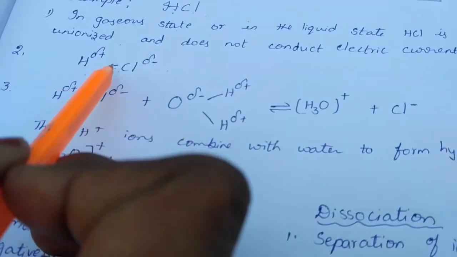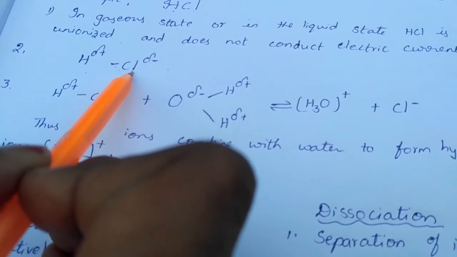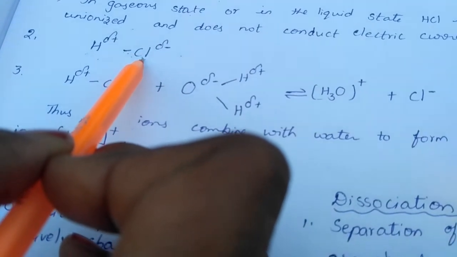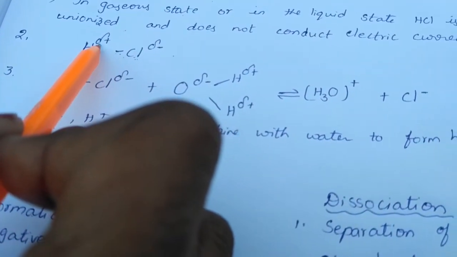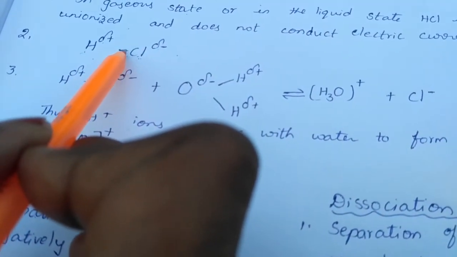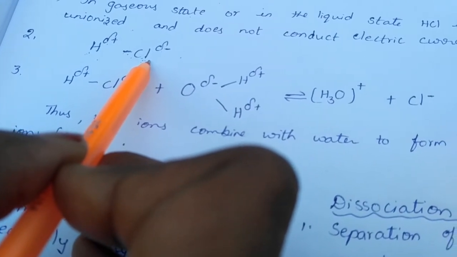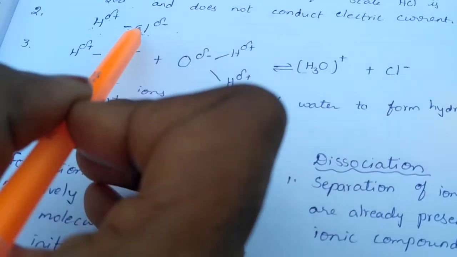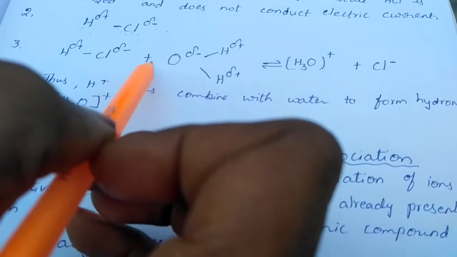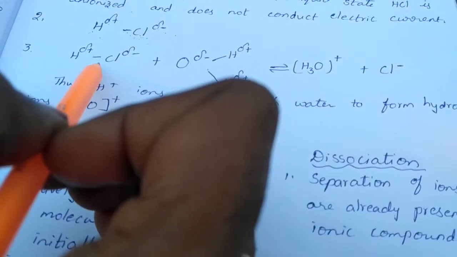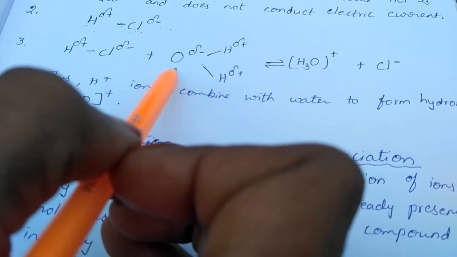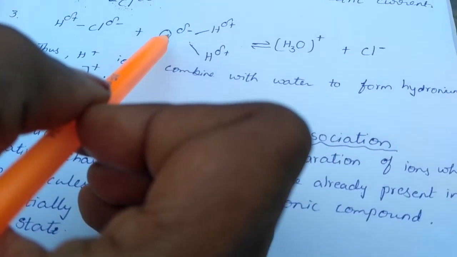And see here, the bond is moved towards the chlorine atom, so that there arises a partial positive and partial negative charge. Hydrogen gets a partial positive charge and chlorine gets a partial negative charge. Why? Because the electron cloud is nearer to the chlorine atom, so it gets the partial negative charge. And whenever HCl is dissolved in water, the bond breakage will take place. And here also water is also the